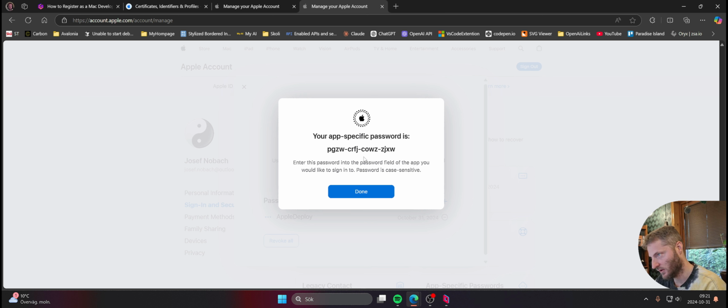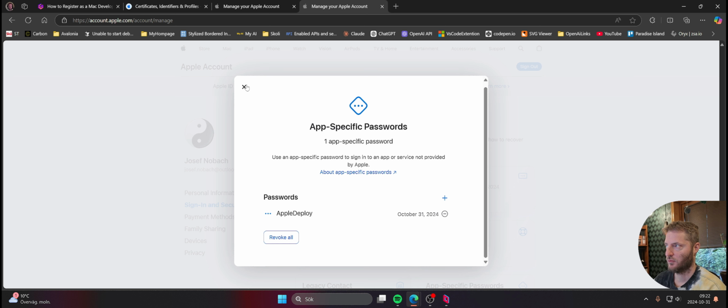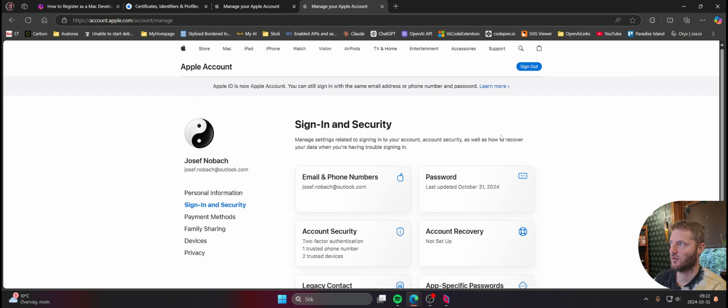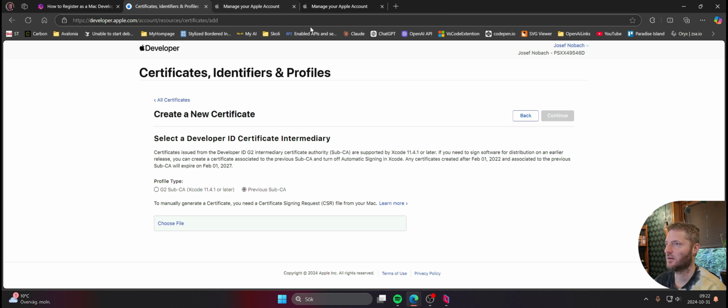So that's PG say WSRFJ COW set JXW, and you need this for a later step as well. So now you have an app specific password as well, which you need in the process. So yeah, that's all the passwords you need. You need this app specific password. You need this